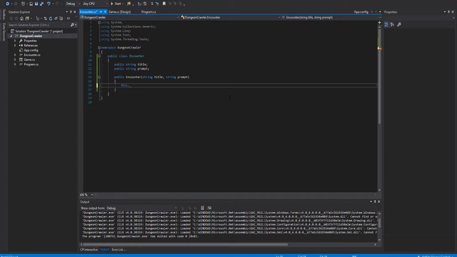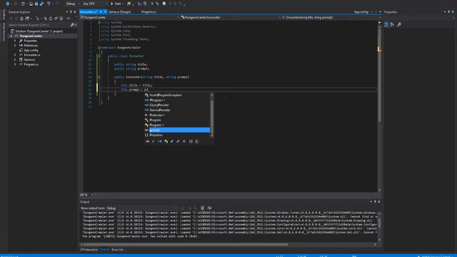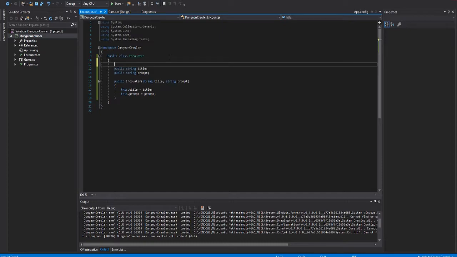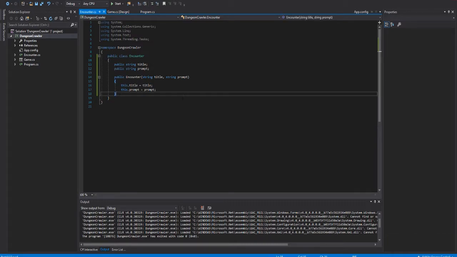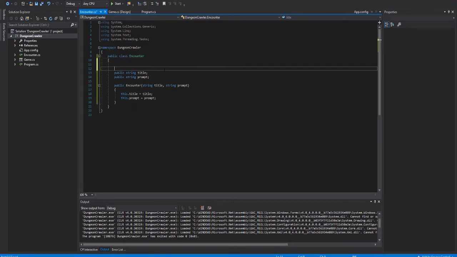And then set the title equal to title, and the prompt is equal to prompt. Then of course, usually you define static things at the top of a class, but this is going to grow, and I don't really, well, we could just make a separate class. I don't know, for the sake of today,